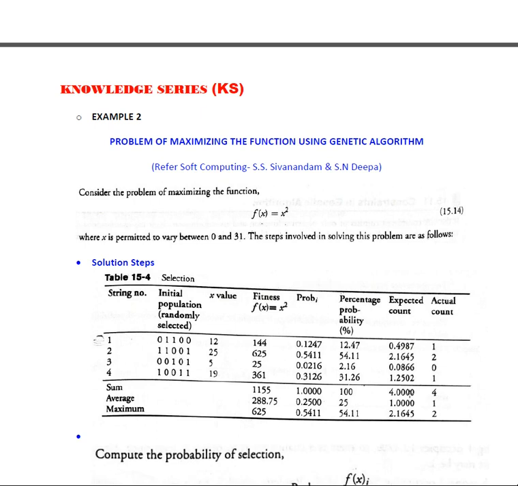We sum it, we get this value. We take the total sum, divide by 4, we get the average. Then we take the maximum amount, so we get 2.1645. So that is how we created this one. Now once this particular thing is there, what does it indicate here? That means we are obtaining the populations, and we are looking for the fitness functions.